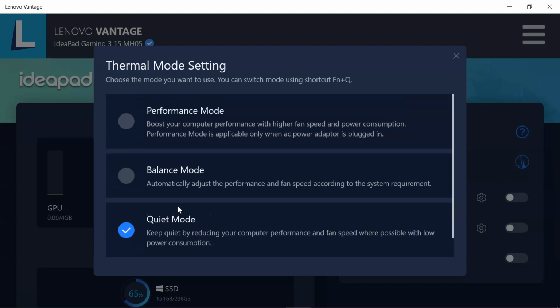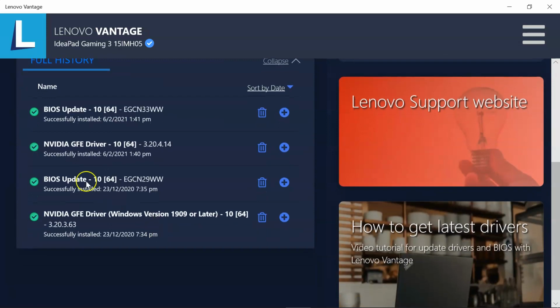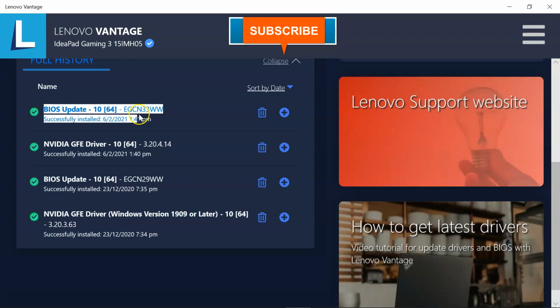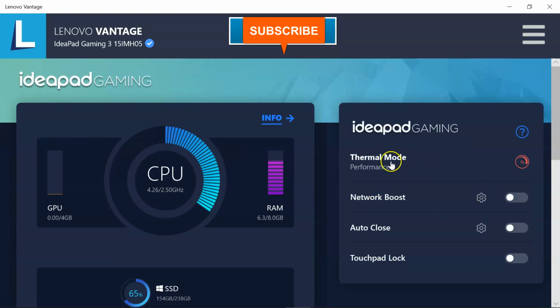This issue was fixed in my laptop. Once I did the BIOS update, this setting was automatically changed to performance mode by the system. I thought maybe because of the BIOS update that I have performed, the issue came. If you see my system update history, see, today itself I have updated this BIOS update, latest version. After doing this update, it was observed by me that there was a huge noise generated by high speed fan.